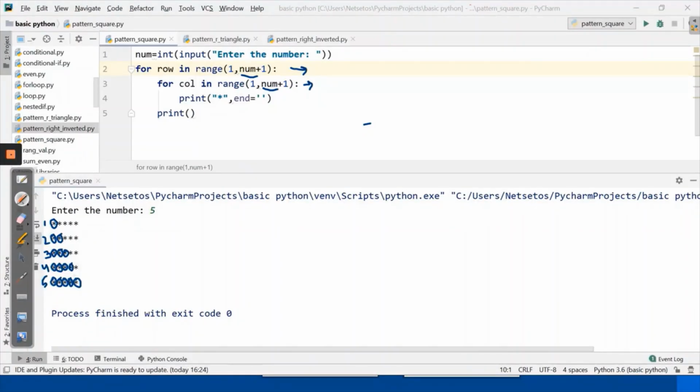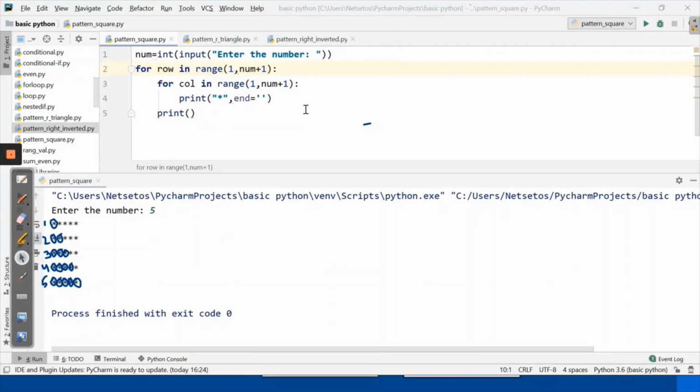So what changes do we need to make here? Here we have noticed that one row will have one column, 2 rows have 2 columns. So internally column is dependent on rows. Basically in triangle we need to know about loop control.